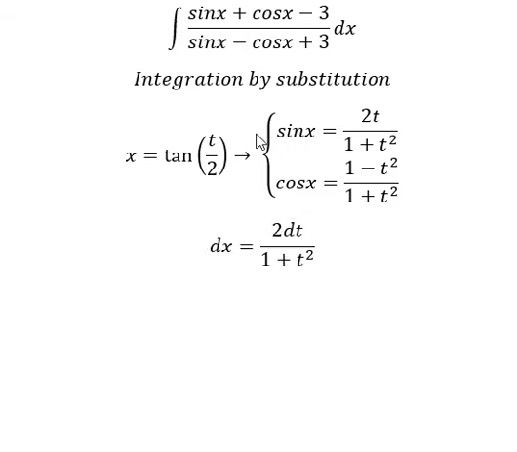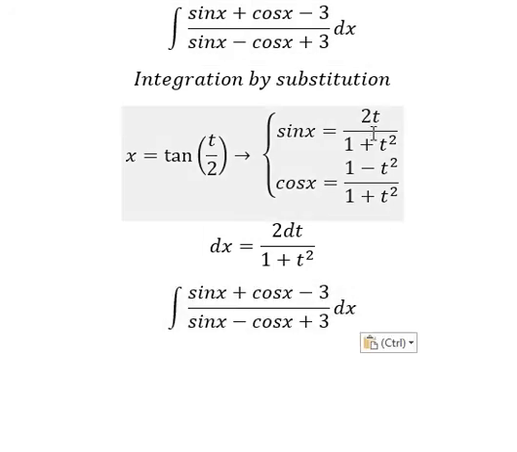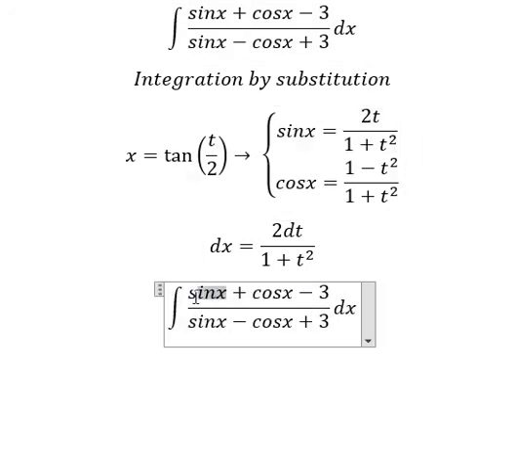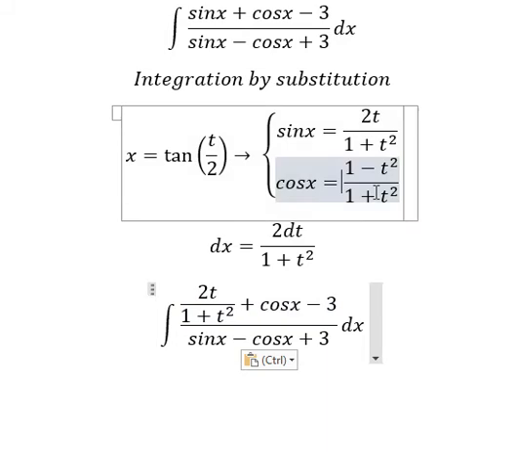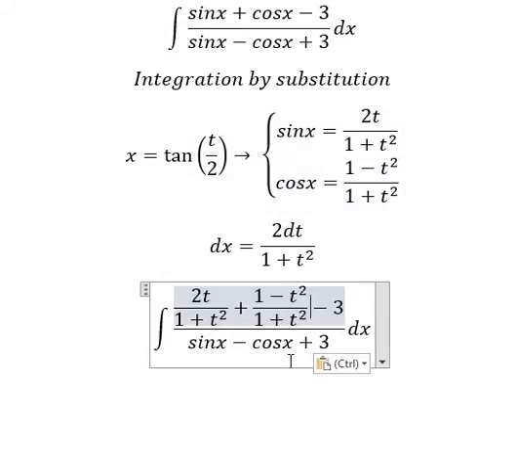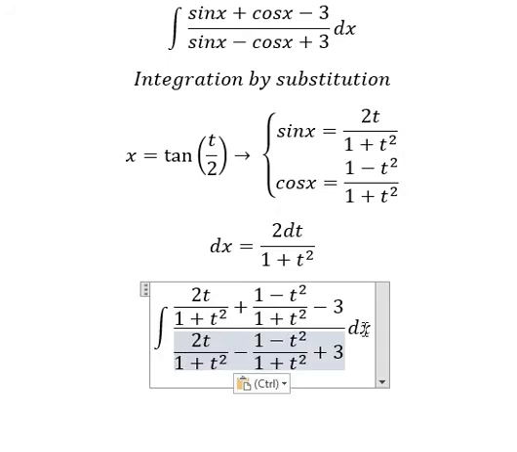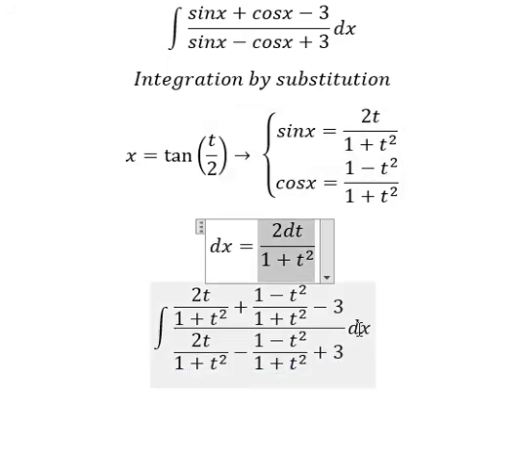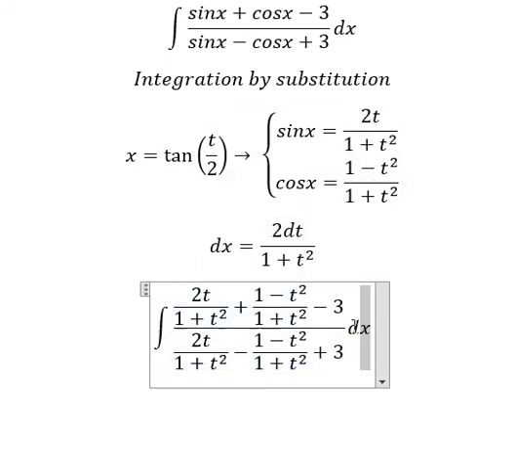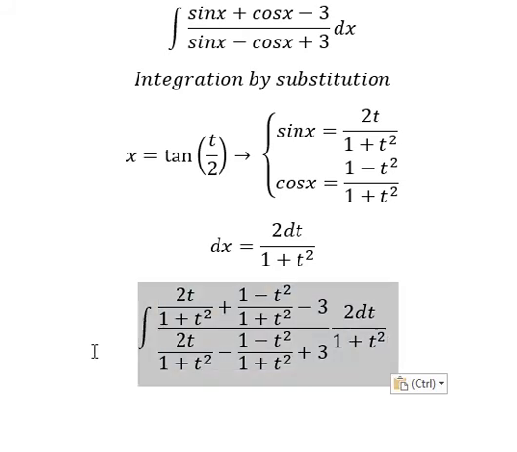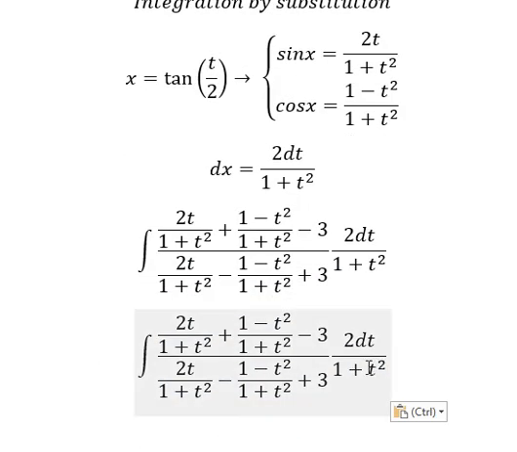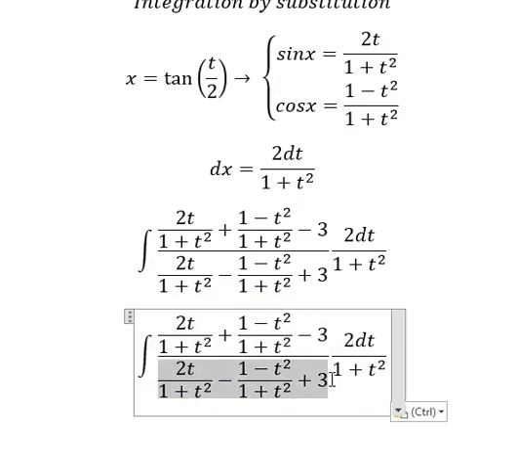So now we put everything in here. Sin s, that's this one. Cosine s, that's this one. And this one will go in here. ds we change for this one. So 1 plus t squared multiplied by this one, and you will get